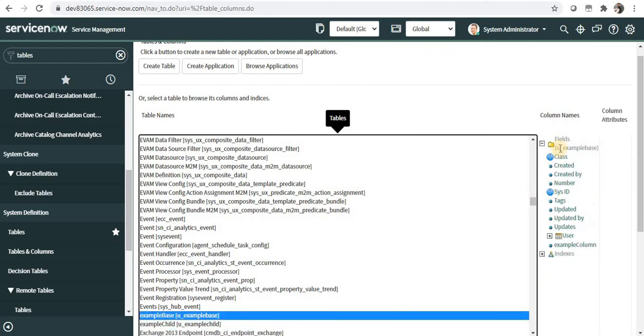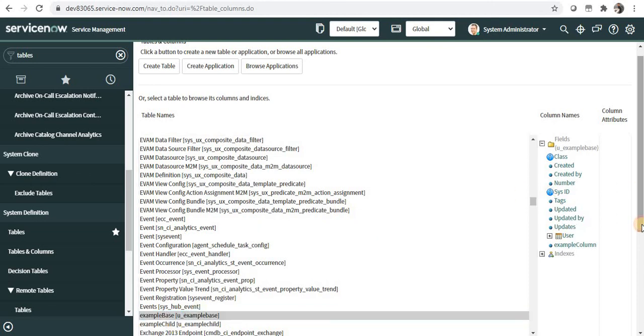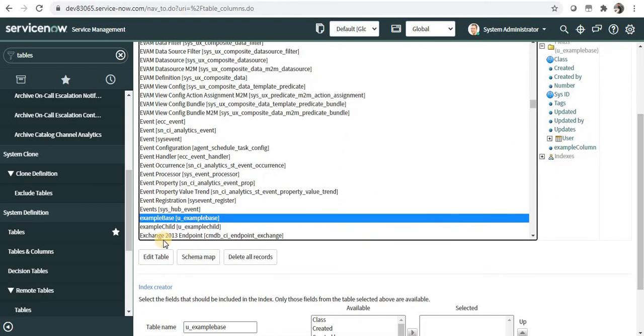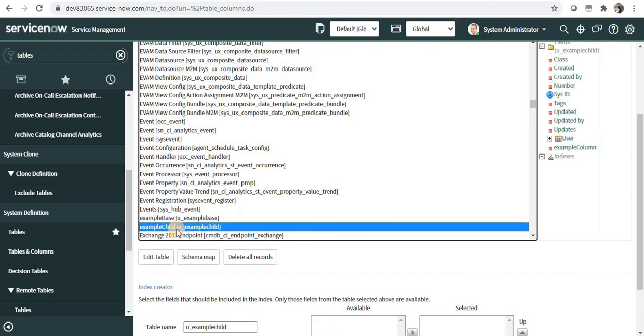And you will be able to see all the columns which are defined in example base and example child. If I scroll down a little bit and I click on example child, I can click on schema map and I will be able to see the schema map of our child table.